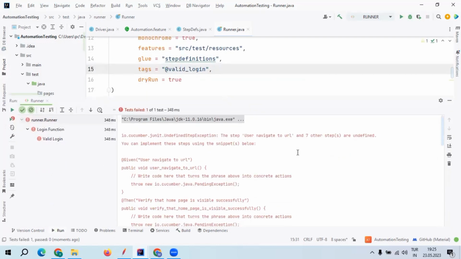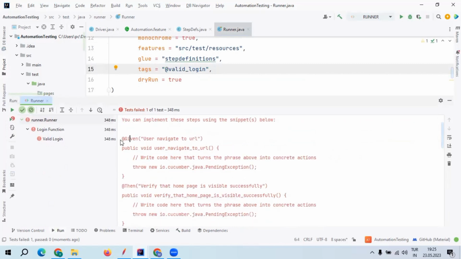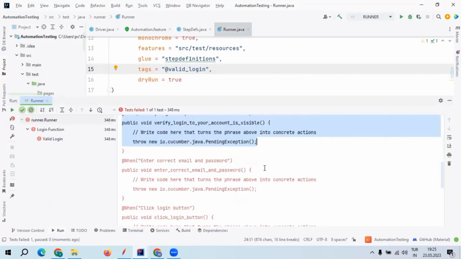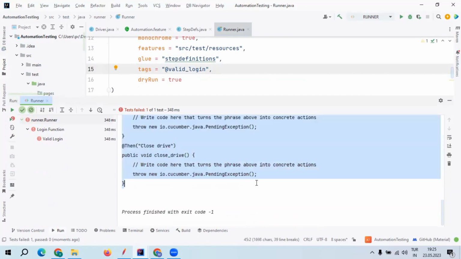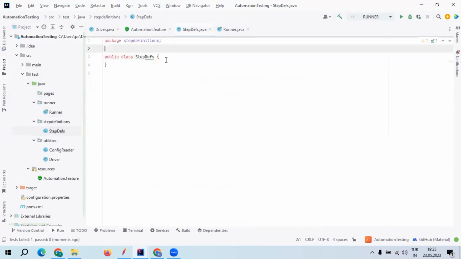Yes, here are undefined steps. It says you can implement these steps using the snippets below. Let's copy these steps from here, copy all of them, and then let's go to step definition class and paste